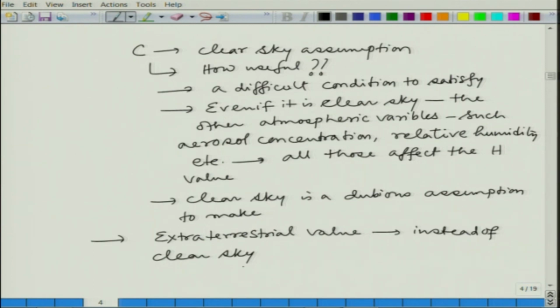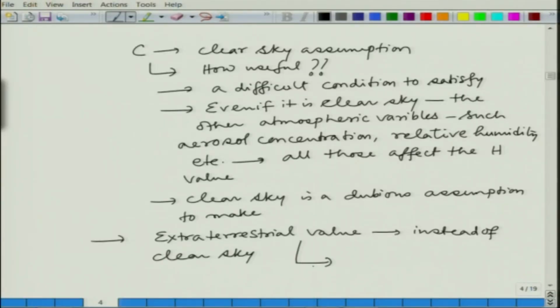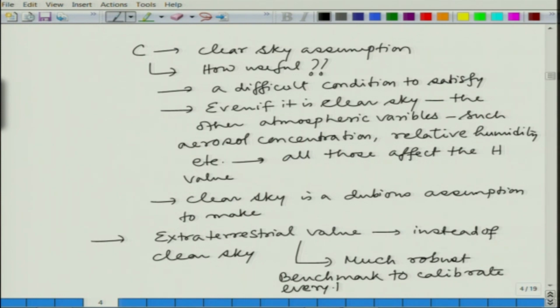Because extraterrestrial thing is independent of anything that happens in the atmosphere. Okay. That is why you have a solid benchmark which will not change due to anything in the atmosphere, whether it is clear sky, whether aerosol concentration is more or less, it does not matter. That is why this extraterrestrial value is a much more robust benchmark to calibrate everything